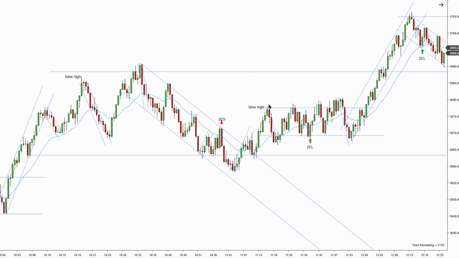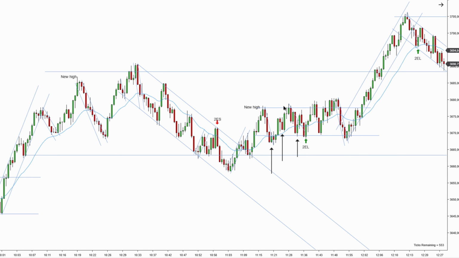So after you have a break of the high, I'm sitting patiently. I don't think I can take a second entry long just yet, but I can see that the exponential moving average keeps holding price here and here and here. So I can see that there is still bullish momentum in this market. There's a bullish bias. We're coming off the lows. So once you have a new high, first entry long, second entry long, and the downtrend played out with the break and new low, and we have a two-legged pullback down, it closed barely above the EMA, two-legged pullback, second entry long,